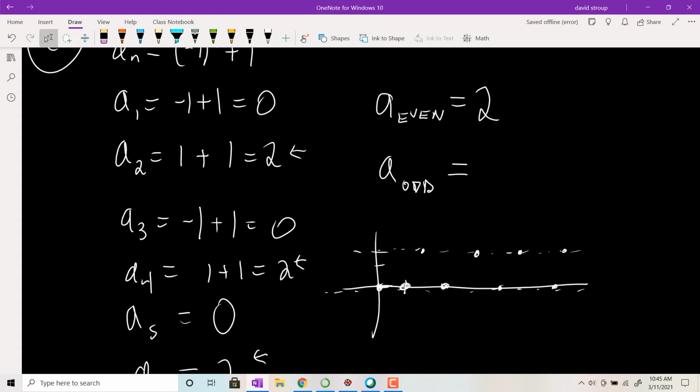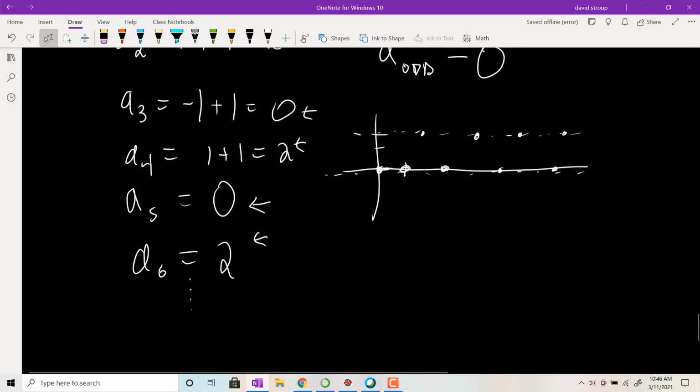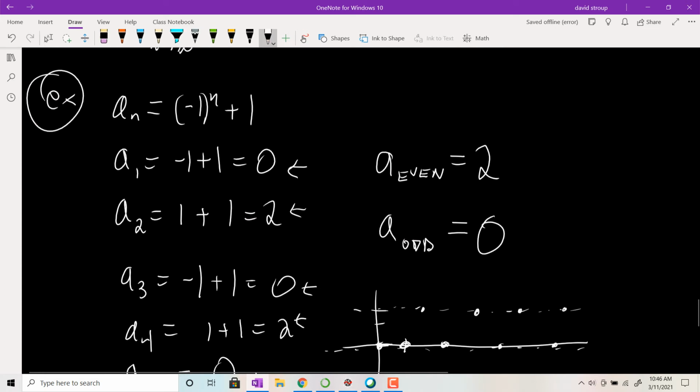A sub odd is what? Well, it's always 0, right? So it's 0. Then take a look at the limits of A sub even and A sub odd. The limit of A sub even equals 2,